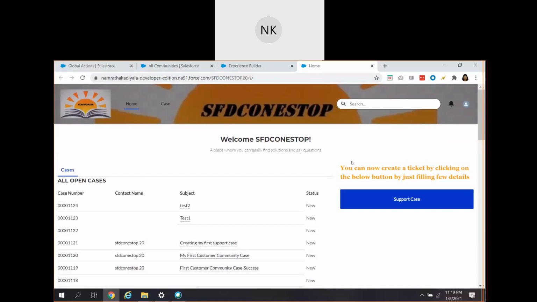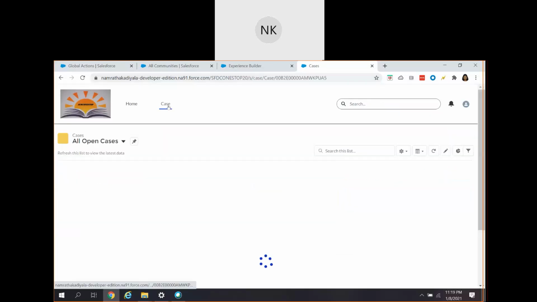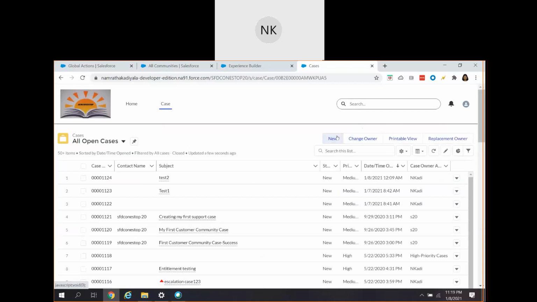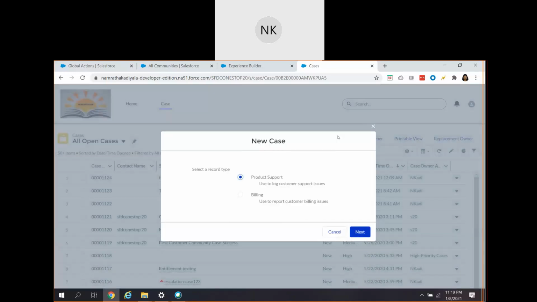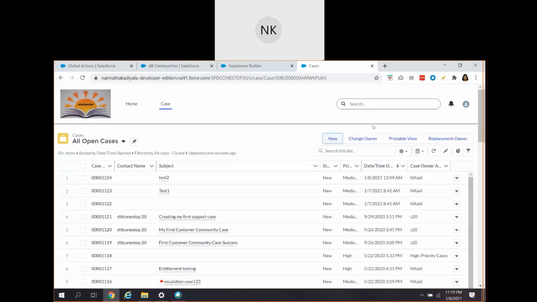Let's not consider this particular component on the right hand side. Whenever the customer wants to create a case, they can go to the cases tab and from the cases click on new and create a case. With the help of global quick actions, we are trying to make the life of the customers very easy.